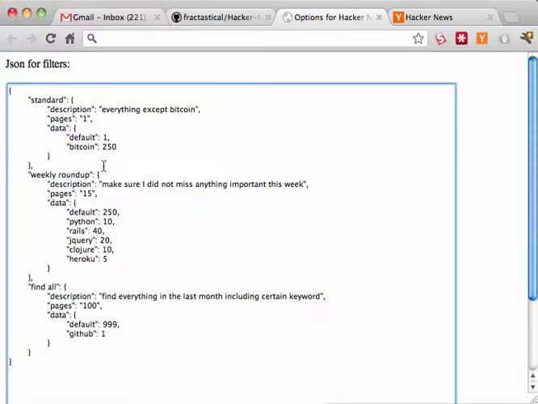However, this wasn't really enough for me, and there were a few other things doing something like this. So I went and created another weekly roundup filter because I want to make sure that I don't miss anything important that happened this week. This time I'm going to do more than one page, so I'm going to aggregate, and I am going to only take stories that have more than 250 karma that week, but then I'm also going to set a bunch